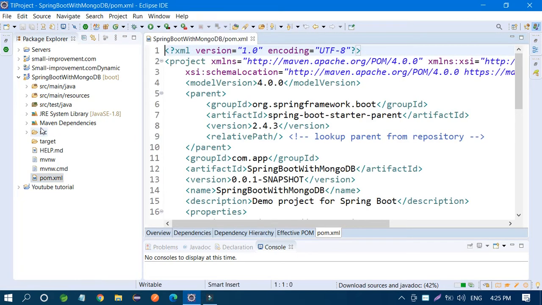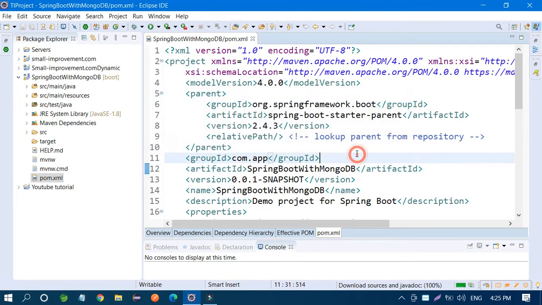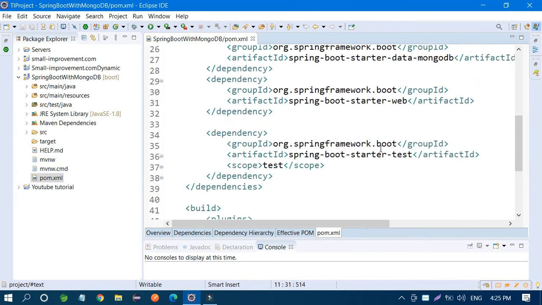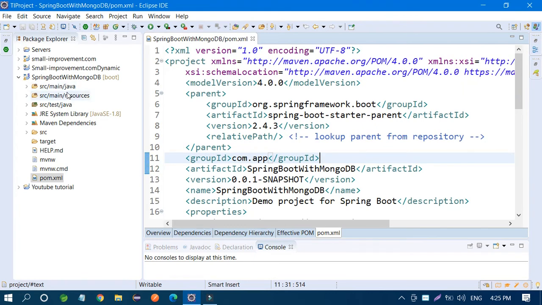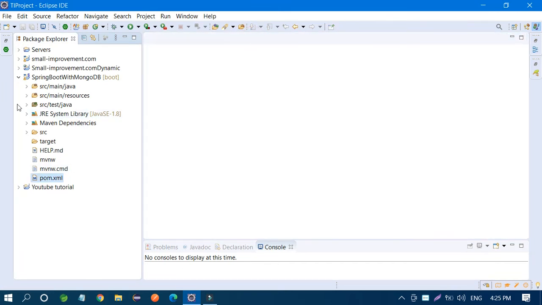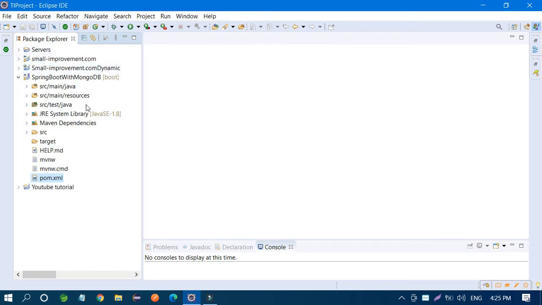You don't need to do anything, so just close it. You have all the dependencies in Maven.